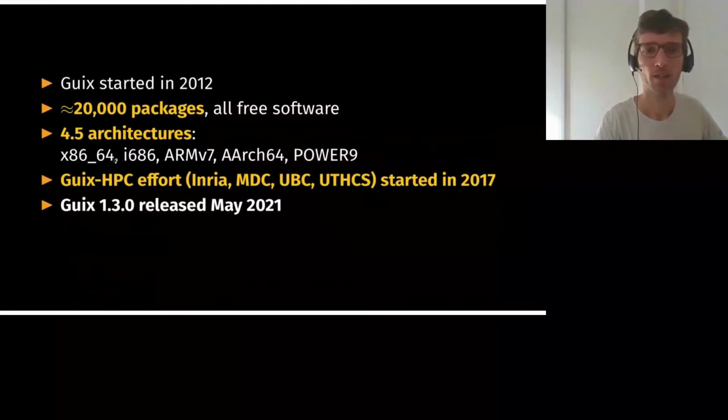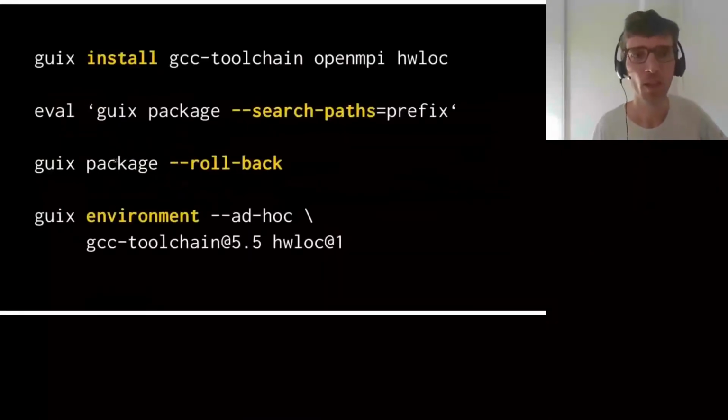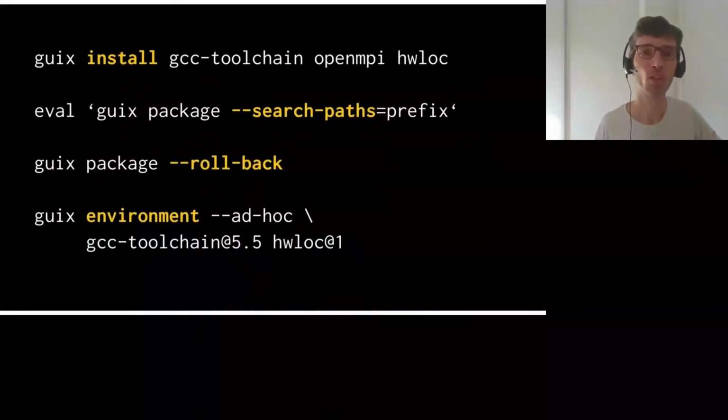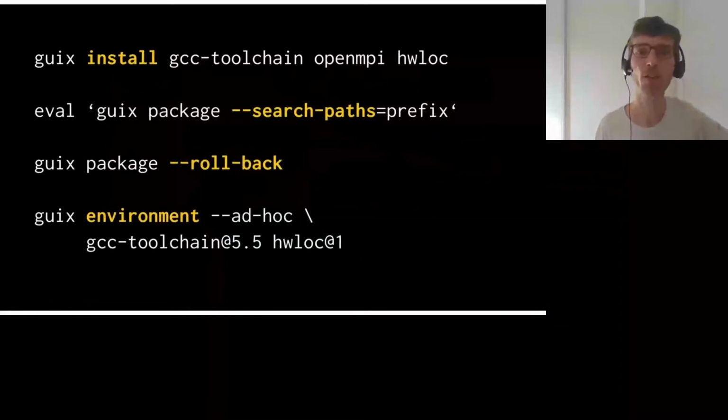All right, so what does it look like? So if you've ever used a package manager before, like APT or whatever, Guix has a very similar interface, right? So you can run guix install and the list of packages and just install them. A key difference here is that it does that without requiring root privileges. So even as a normal user, you can run guix install,